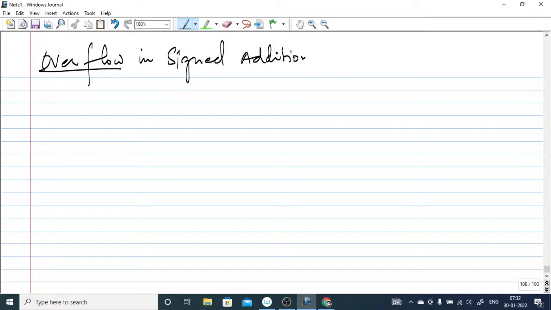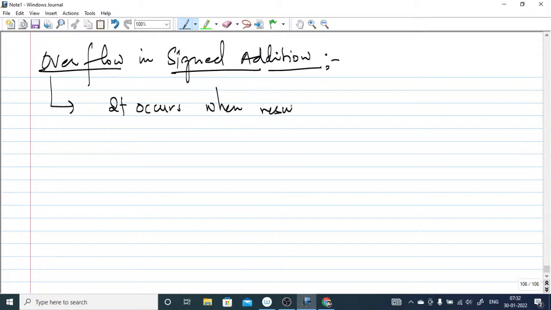Now we will talk about overflow in signed addition. What is overflow basically? Overflow in signed addition. When does overflow occur? So the condition we have to know. You have to keep in mind the definition, I mean the concept. It occurs when